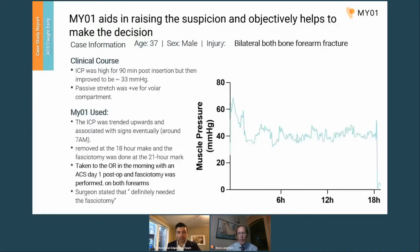And indeed, if you look at the curve from 6 hours to 18 hours, it actually goes up a little bit. So we were worried about that. We presented that data to the surgeon, who felt clinically the patient was doing well. But 3 hours later, the patient developed clinical compartment syndrome and had to go back to the OR to get both forearms fasciotomized. So it just shows you that the clinical reading of these MyO1 devices can be ahead of